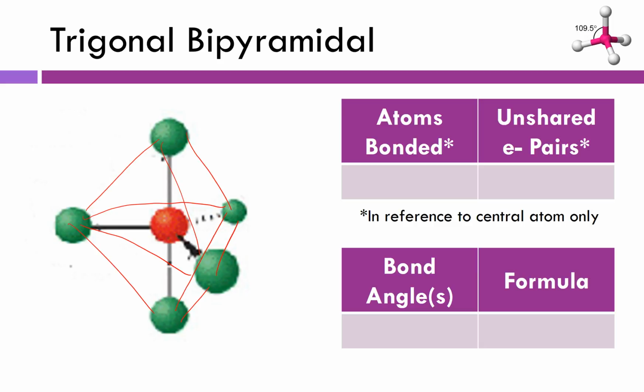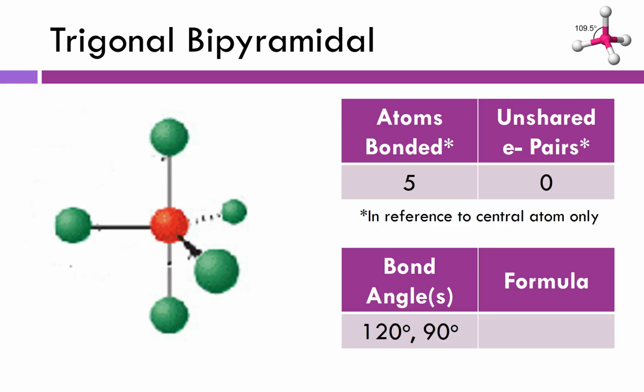There we go. So you have like 2 little pyramids, one on top of the other. In this case, we've got 5 atoms bonded to the central atom. We don't see any unshared pairs of electrons. The bond angles work out to be 120 degrees between these 3 atoms that are on the same plane, and then 90 degrees between the top atom, or the bottom atom, and that triangle. If you think back to what we talked about in the previous lesson with expanded octet, which element